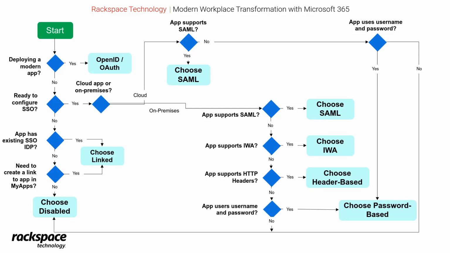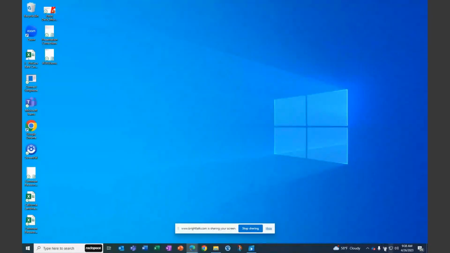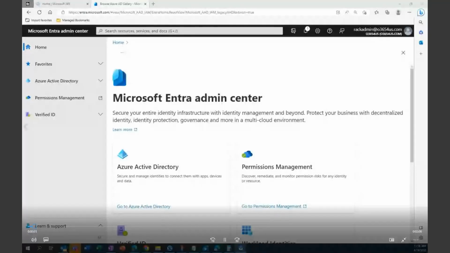This flowchart, I know it might be kind of hard to read. I'm going to dive into it a little bit easier, but this helps pave the way of deciding which type of authentication model to choose when you are setting up your application for single sign-on. Let's go through this in practice and I'll show you what I mean. Again, going back to the